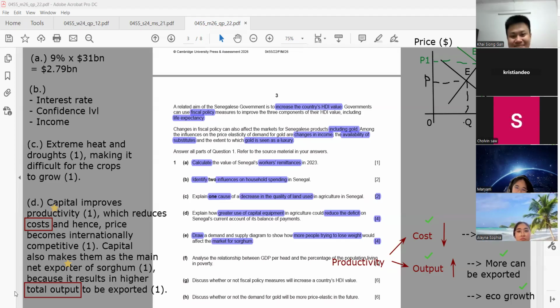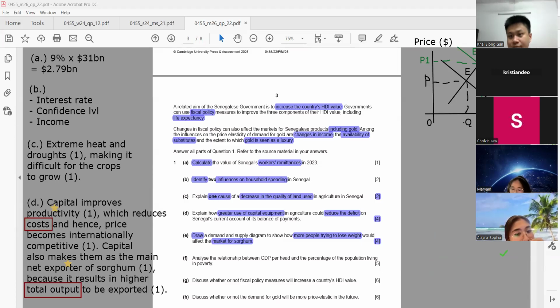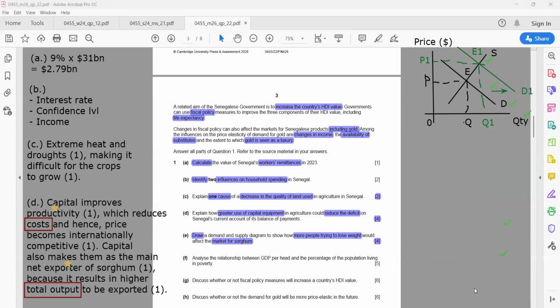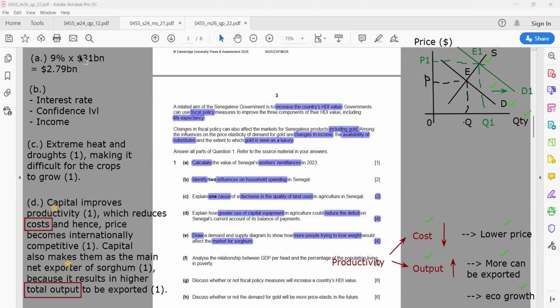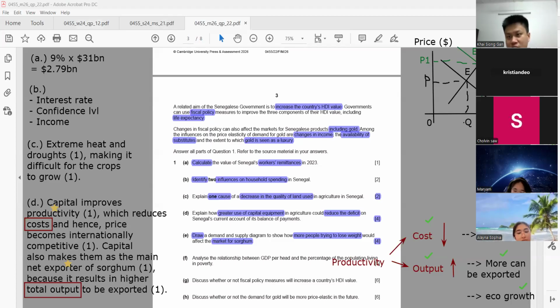Okay, next question. Question E. Question F. Hey, do I need to screenshot this one first? Okay, hold on. Wait, hold on. I screenshot for you all first before I erase. Okay, I actually want to focus more on G and H, but never mind. We do question F quickly first.